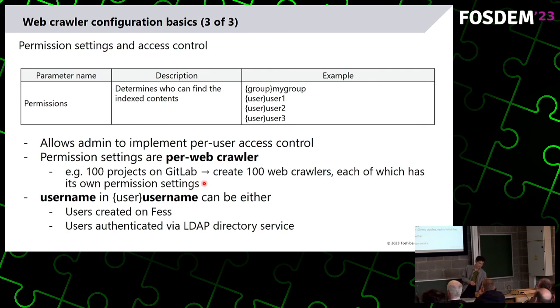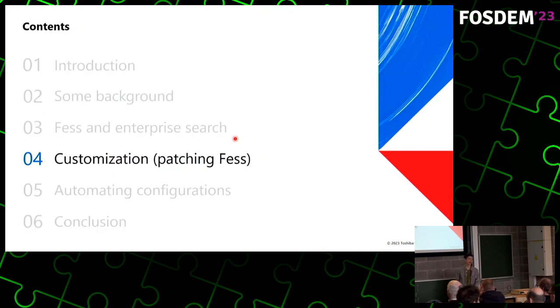One more thing to mention here is that the username can be either a user on Fess, since Fess has its own users and groups, or a user authenticated via an LDAP directory service. There's an option to configure this on Fess. I hope that gave you some feel for how things work on Fess. So let's move on to